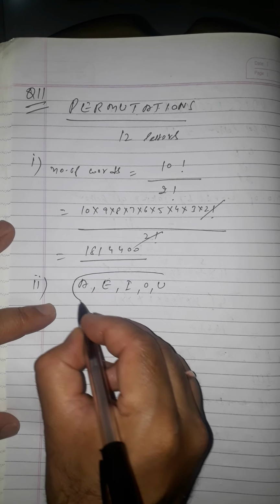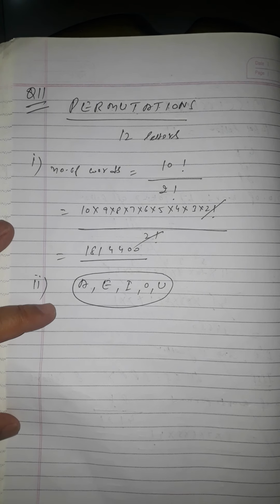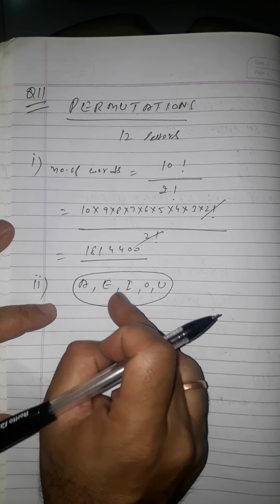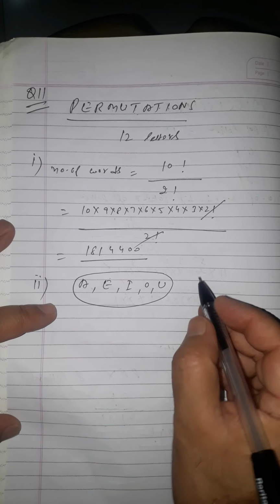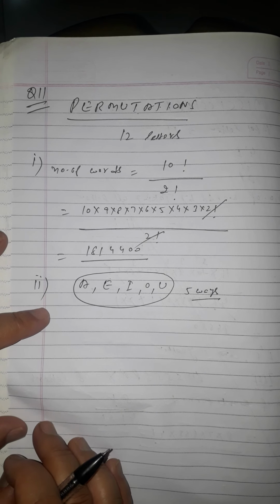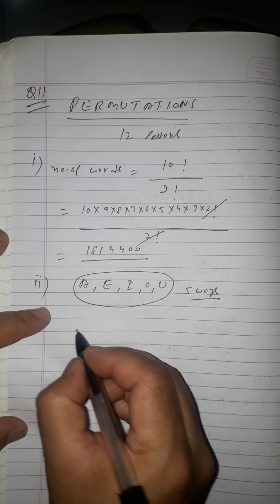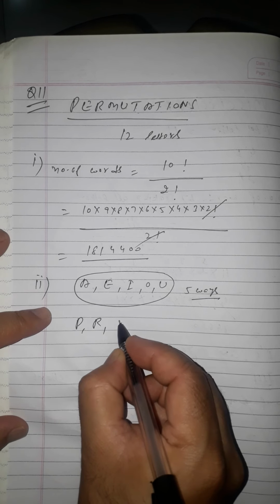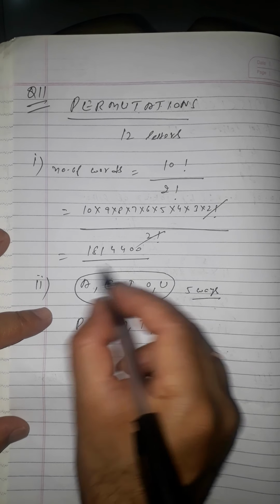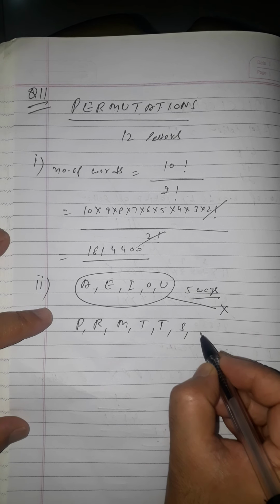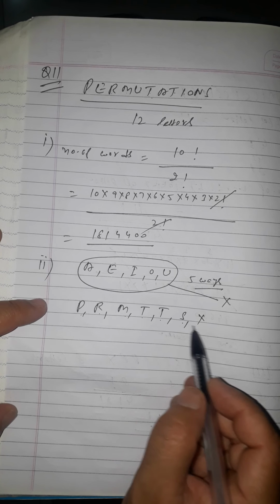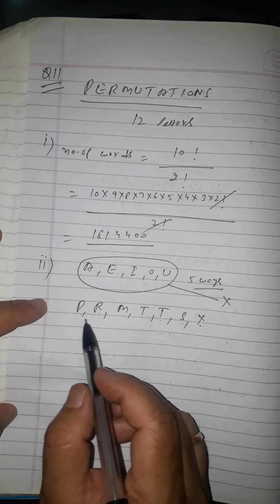We are taking these vowels as one letter now. But you know that if we can change their position also, there are different ways to write these vowels now, right? And the rest of the letters are P, R, M, T, T, S. And students, this one word which we have named X, so we have 1 2 3 4 5 6 7, right? That is P.